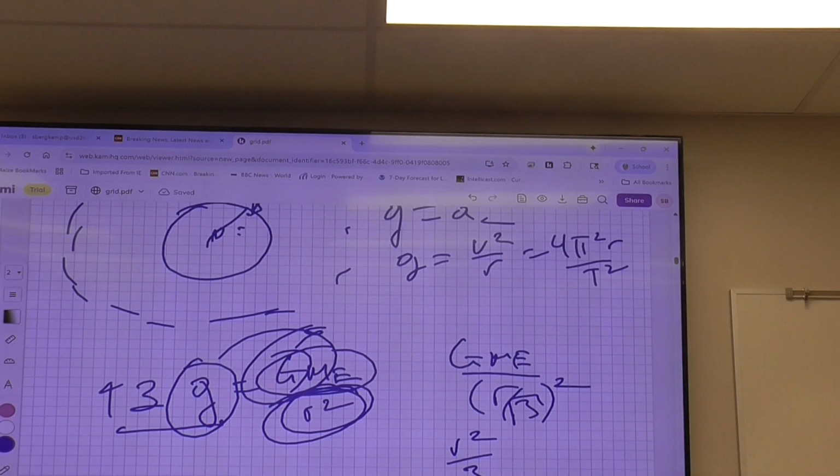Will there be one like that on the test where you have to know how to do that first part? No, that's what I said. I won't make you do the first part. I will just go straight to giving you the velocity, okay? But on this one, it says, E, what's the velocity at the top where you experience 1/6 of your normal weight? If you don't do anything else, make sure you can do 3E, because there's that fractional